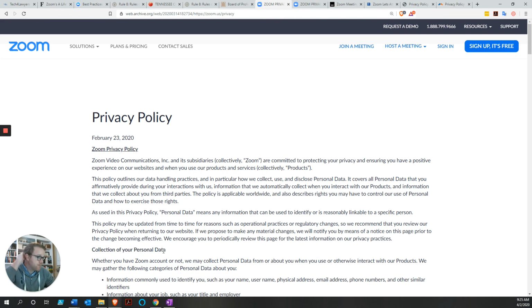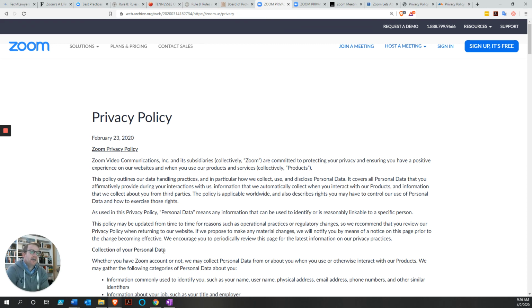The next type of data that a lot of these privacy policies are going to talk about, and a lot of these companies are going to collect, is user-created content. And again, collecting this content is not necessarily nefarious. We're talking about the contents of your chats or your whiteboards that you share in the system, things that you create as you go. And in order for this information to even be there, some of it likely needs to be collected and stored by the provider. And with a proper business associate agreement, it likely won't be a problem for the provider to simply collect and store this data, even if it is PHI.